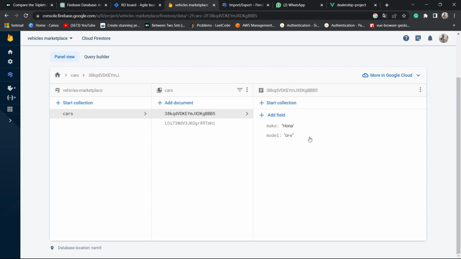Then here you can add a key, and then you select the type, which in this case is a string, and that's it. Then you can add another field, for example, year,